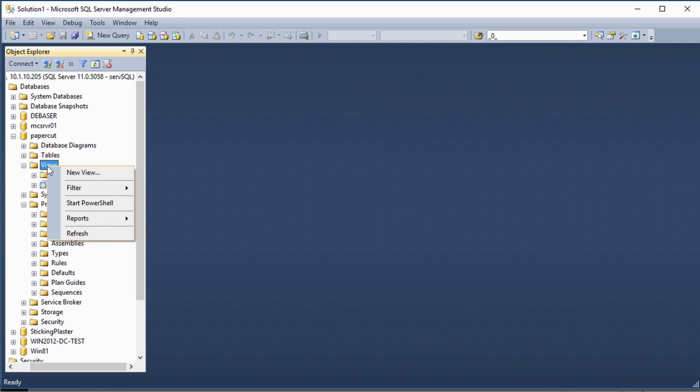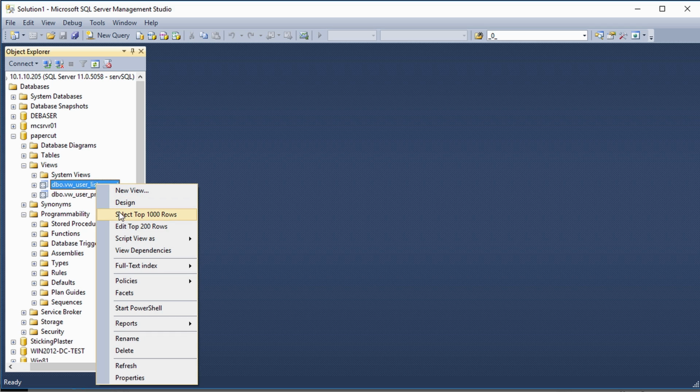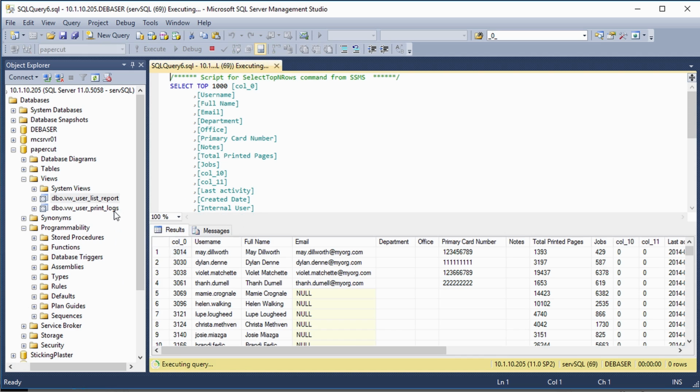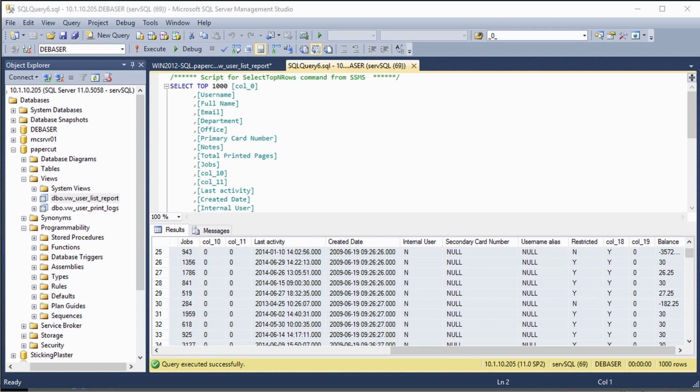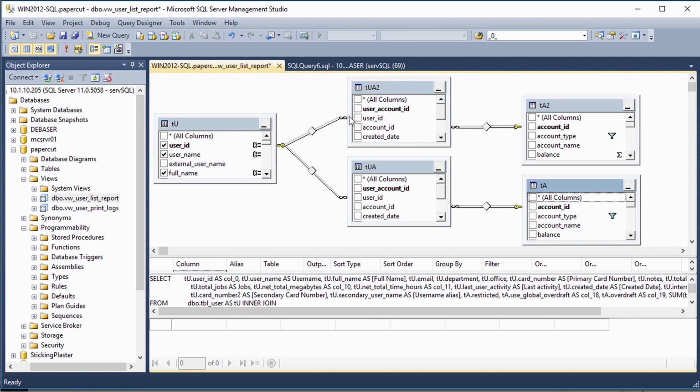Now if I refresh my views, I should see that my user list report is now available. See the outcome of that report. For the user list report, the design view looks something like this, showing the relationship between the tables in my view. You can see that although there is a single user table, the query for the user list report actually